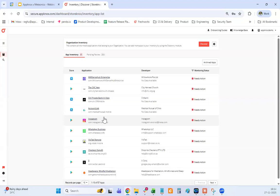What we also realized when we were talking to larger organizations is that not all the relevant stakeholders within that organization knew how many apps existed in their organization's ecosystem. Now, if you're from a security team, and you don't have the visibility of whether you own 50 apps or 100 apps, it will be extremely difficult for you to get those apps secured. So the first point is to give the teams the visibility and bring everybody on the same page, saying that as an org we have 100 applications and these are the 100 mobile applications that we need to focus on securing. That capability is embedded in StoreKnox,